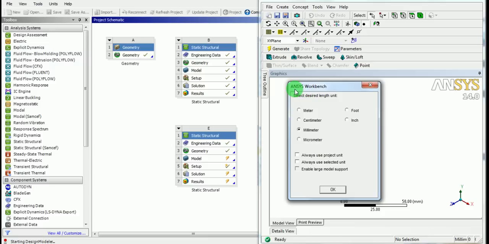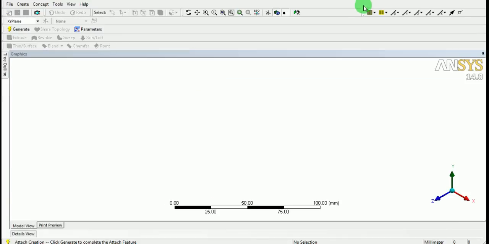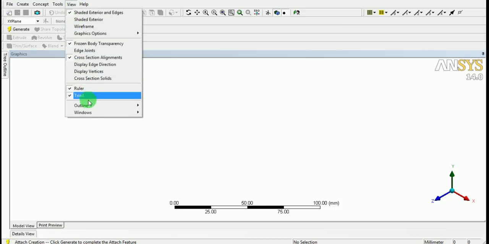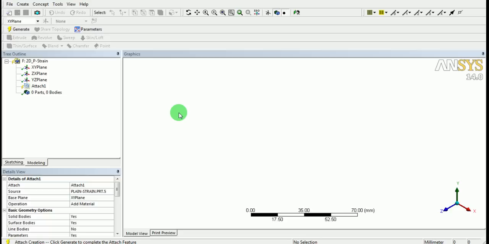Select the ANSYS Workbench unit as millimeters. Pick on OK. Maximize the Design Modeler window. Reset the window layout. View, Windows, Reset Layout. You can observe the geometry is attached but is not imported yet. Hence,